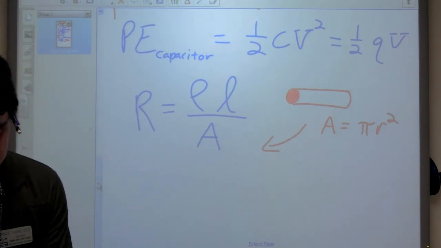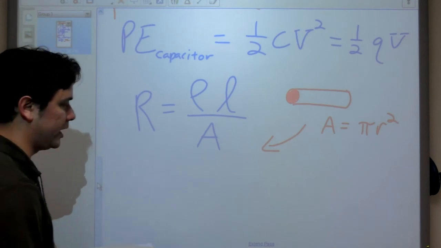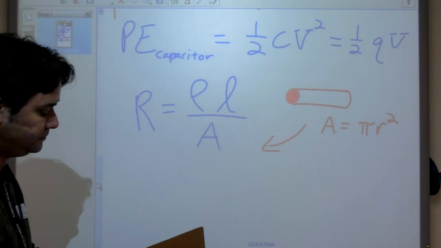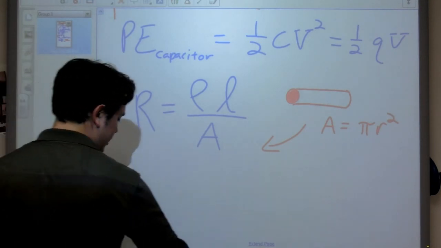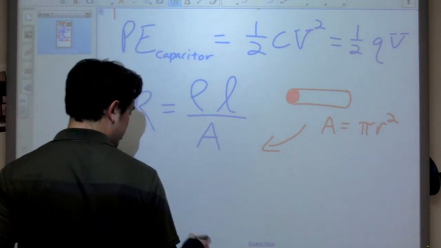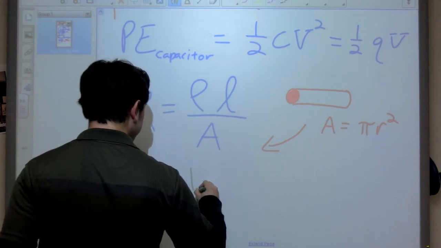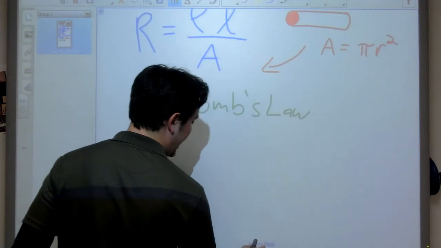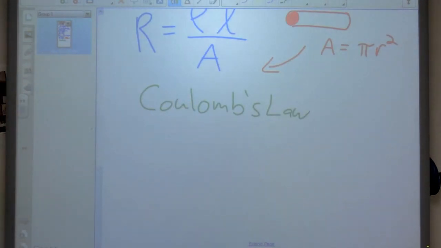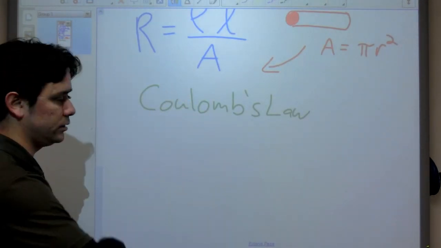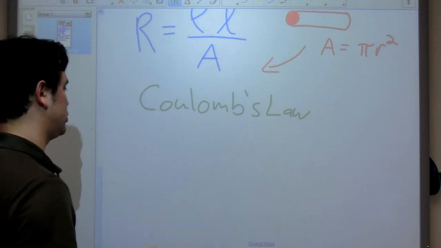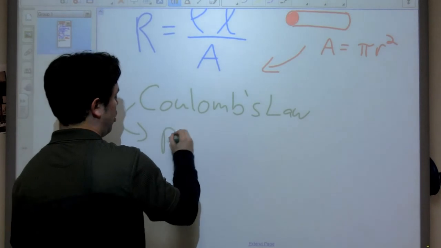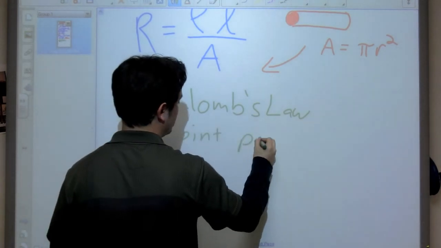Big things, other than vectors versus scalars, which hopefully I have drilled into the ground because it is incredibly important with this sort of thing. The final thing to keep track of is Coulomb's law. I think I usually do this in green. Coulomb's law, and any equation that looks like Coulomb's law, so the ones that have K and Q's over R's, R squareds, whatever, all of the ones that look like Coulomb's law, these are for point particles